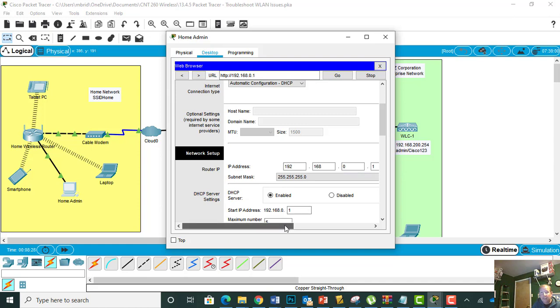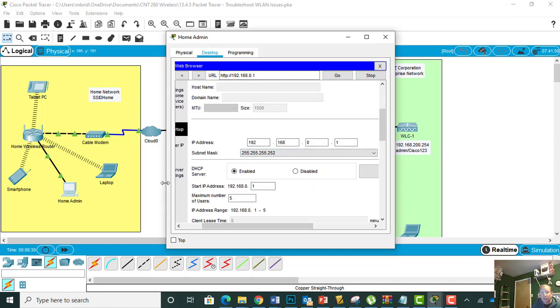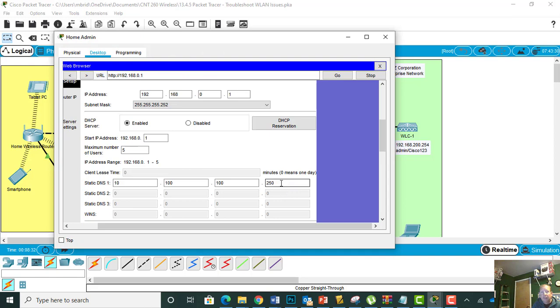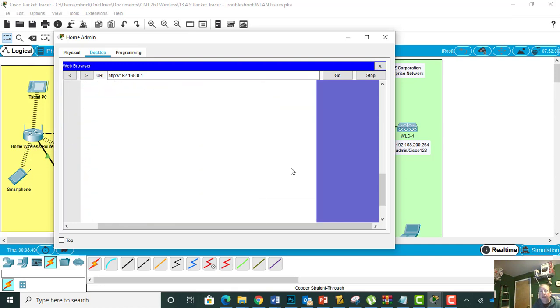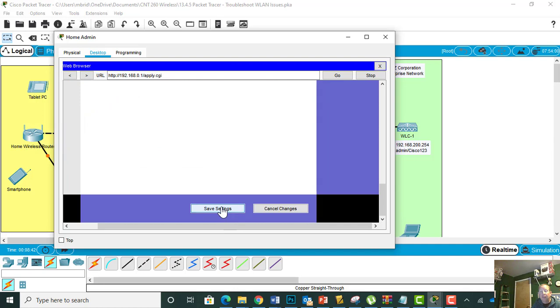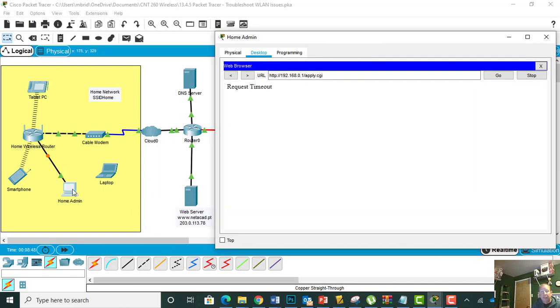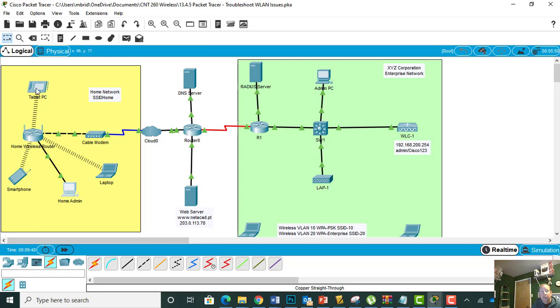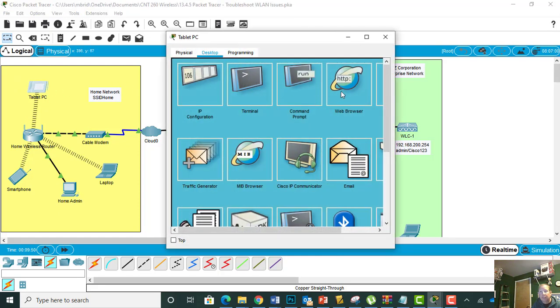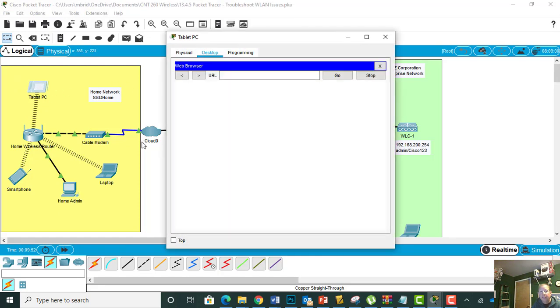Second, we want to make sure that our DNS server is set to 254, which is a DNS server that is in the enterprise domain. Come down to the bottom, save those settings. Everybody will disconnect for a brief moment and then come back online. Let's fast forward time. You'll see that when they do come back online, we should be able to now get